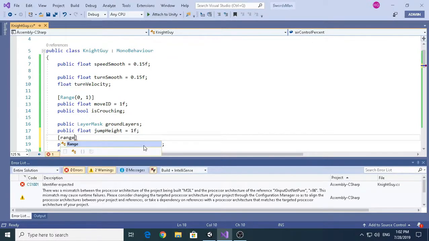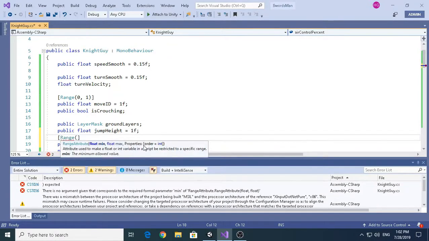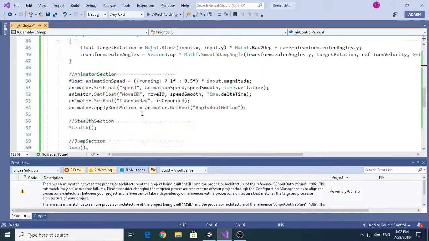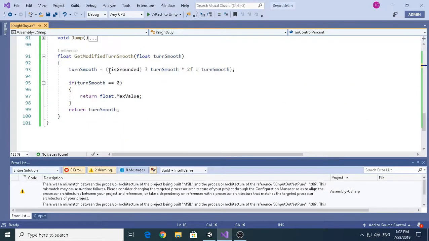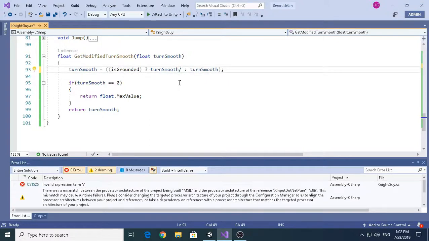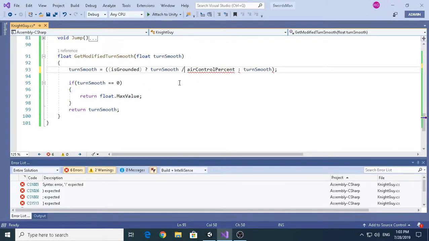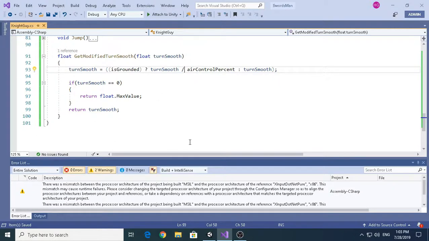He has very good videos on game dev and game dev math. I would like to have it in a range between 0 and 1. So instead of multiplying it by 2, we will divide by our air control percent. So we will be dividing it by 1, and